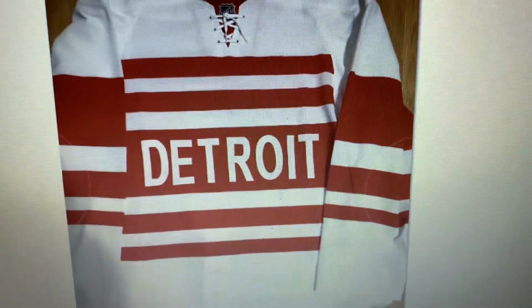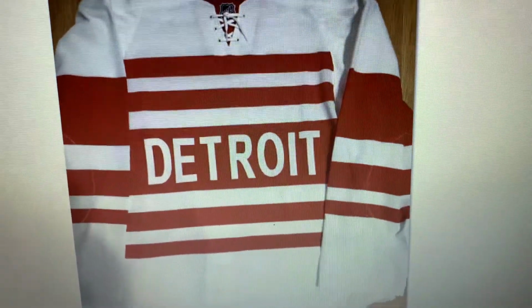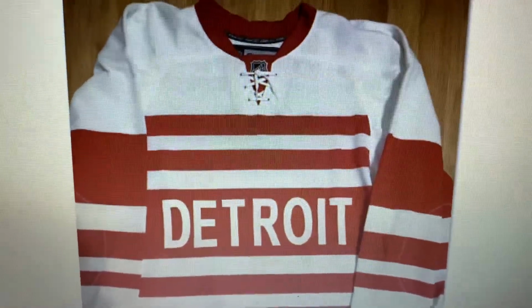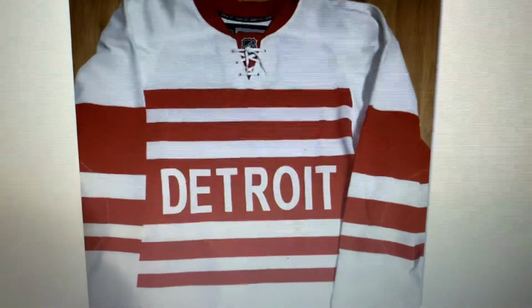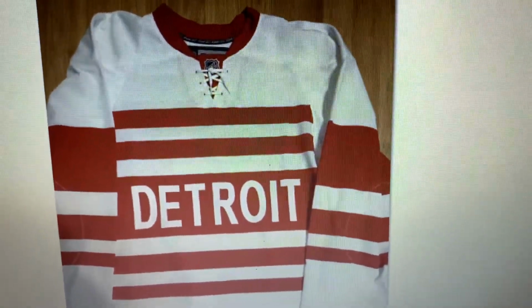Where the lace-up collar suits the 09 Winter Classic uniform perfectly, in my opinion. Where this one here, I almost feel that the rounded collar would actually be better because I just feel like that rounded collar would give it more of that throwback touch, in my opinion. Even though, you know, I'm sure most people wouldn't care about the collar style. In my opinion,